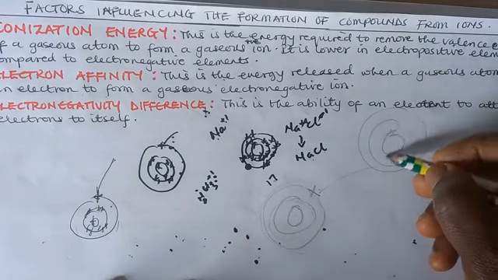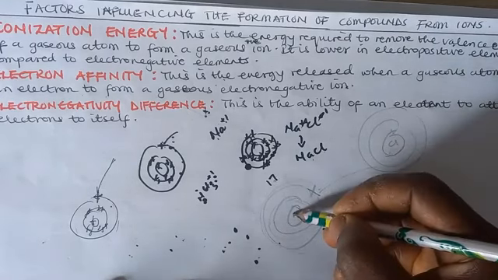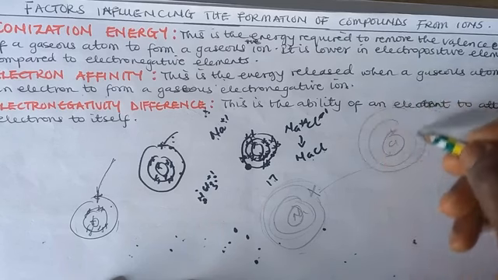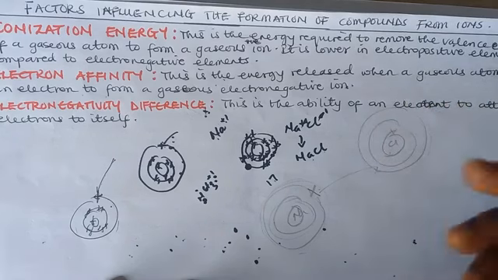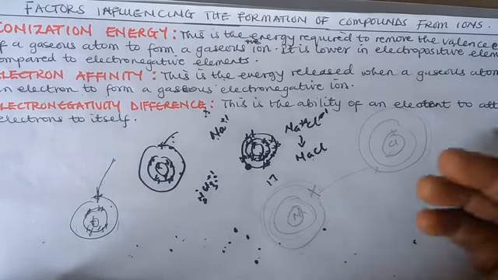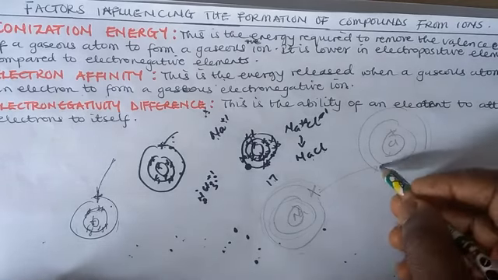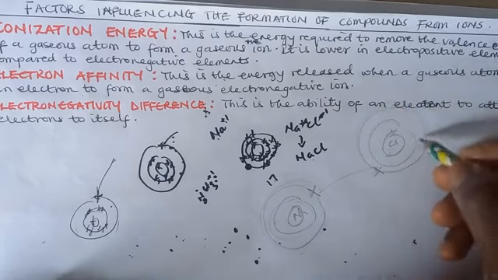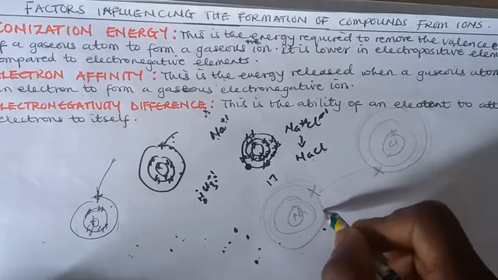So we have 2, 8 and 7 on the outermost shell, in need of just 1. So chlorine will behave like an electronegative element because it is ready to accept an electron to make it balanced, and it takes a greater energy to remove its valence electron,